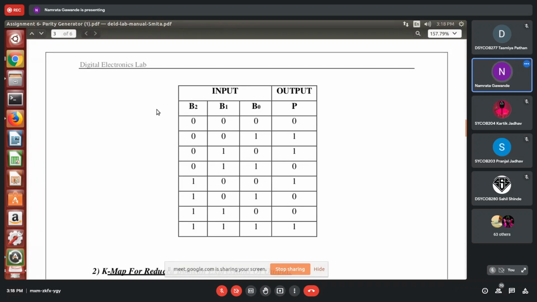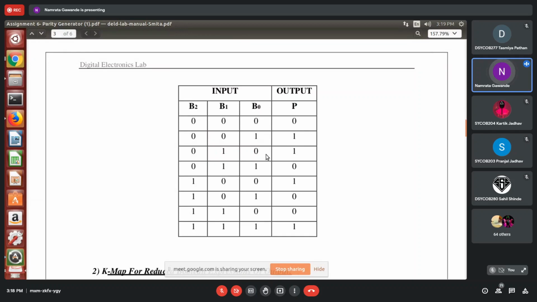So for 0, 0, 0, the parity bit is 0. Always check the number of ones, not the number of zeros. For 0, 0, 1, you can see in the 3 inputs only a single one, so you have to add a parity bit of 1 to make it even. So this will be an even number of ones.